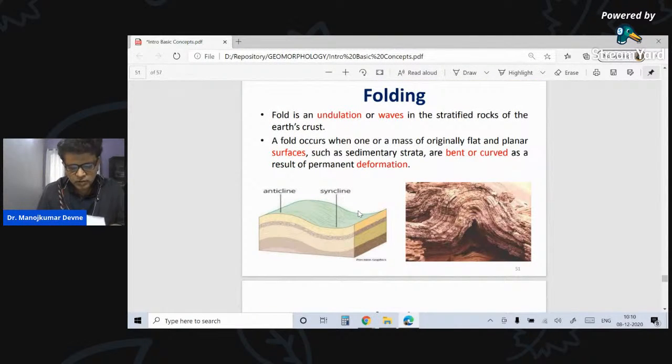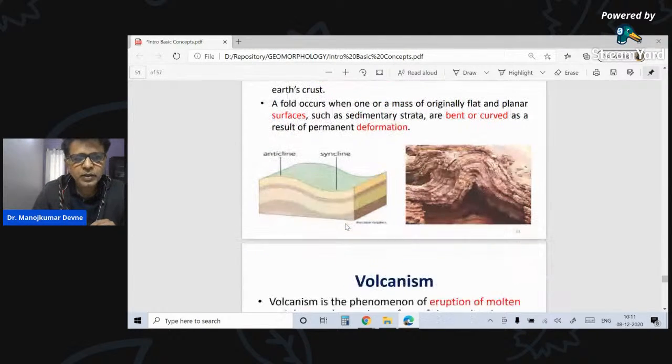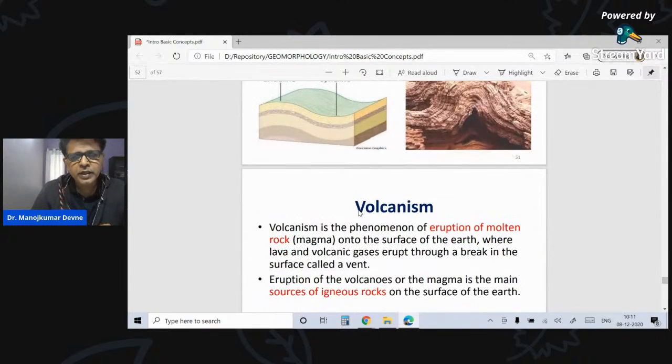Then you have folding. Okay, you'll see that the same thing, if I'm going to push it into each other, this paper starts folding, and if I'm pushing this only and this is stable, the output is different. If both of them are moving, the output is different. Sometimes one is very stable and the other one keeps on riding. Okay, this is going to be an overturned fold. So folding is again a very interesting endogenic process which happens around us. Okay, the elements anticline, syncline. We're going to go into those details later.